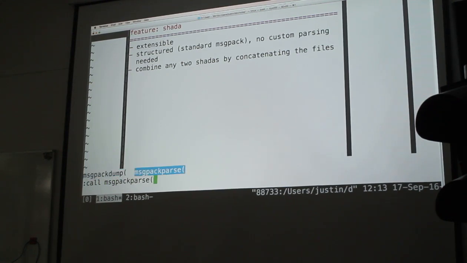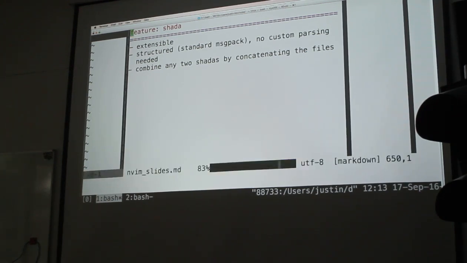You can parse a message pack dump like that using the built-in message pack thing, and that gives you a VimL dictionary that you can just walk through. So it's structured, and it's extensible, so we can keep adding more and more state in the Shada format.